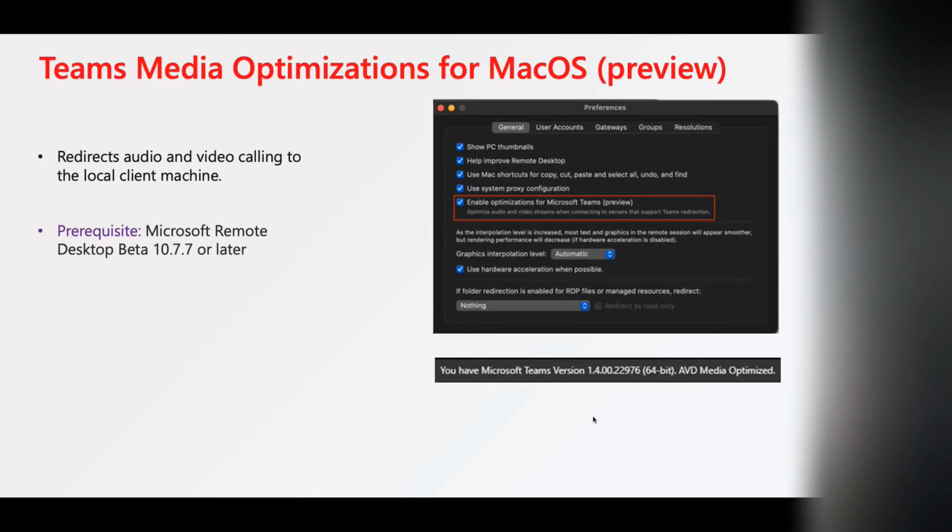So since then, we have introduced Teams optimizations, which is ideal for audio and video calling, right? And those are directly streamed to your local laptop or local device. It requires a certain desktop client version installed, which most of us have if you are working on macOS. The same concept applies for Windows also. For the Windows desktop client, it requires a certain version, but we have recently introduced this to macOS as well. So the way it's going to look is,